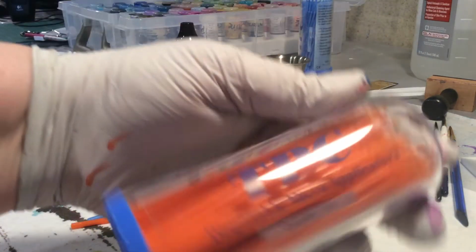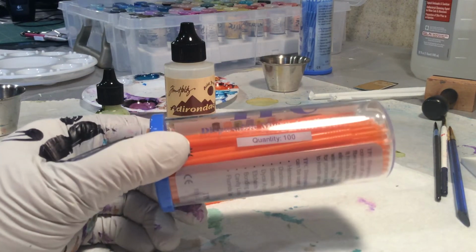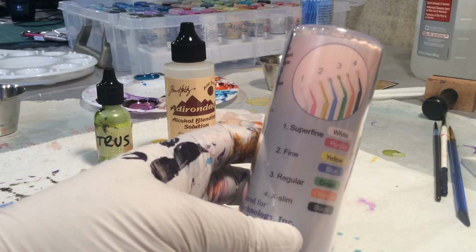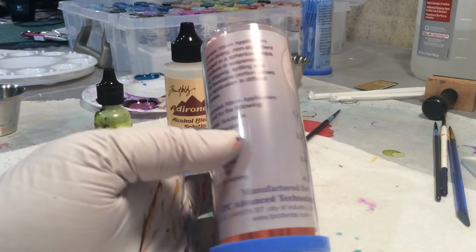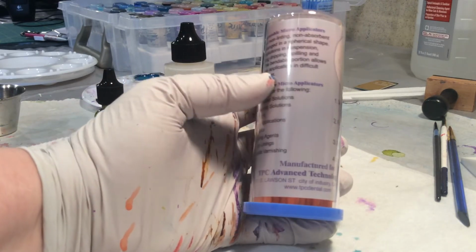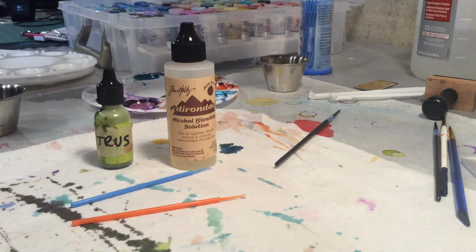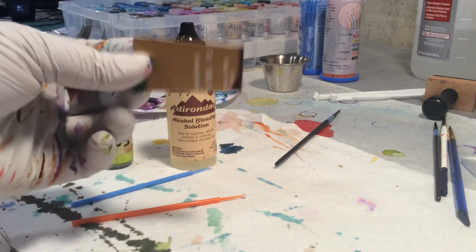This is what they were called: TPC disposable micro applicators. They have all different kinds, and I guess you can bend them. I didn't go that far, but dentists use these. Manufactured for TPC Advanced Technologies, tpcdental.com. Maybe you can get just smaller ones, but you get a bunch of them. I don't know how long it's going to take me to go through those, so it's going to be a long time. I also use cut up credit cards to scrape,